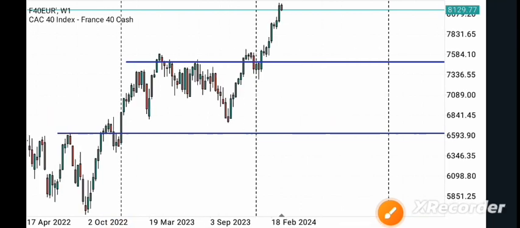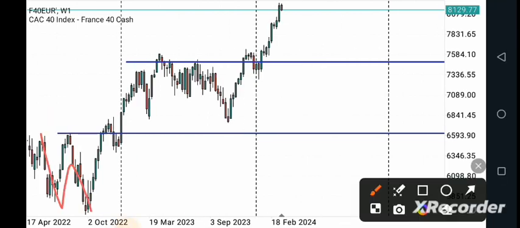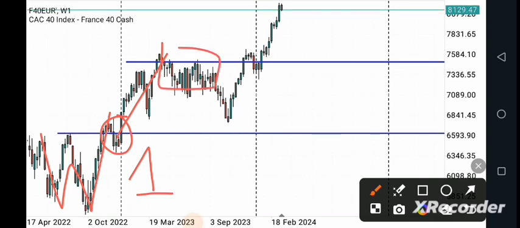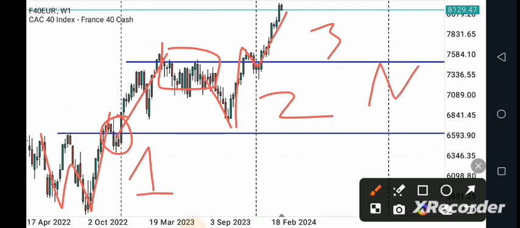So the market gave us a W structure, and level 1 rise, and then moved sideways here, and then we got level 2 rise, and then price moved sideways and gave us an extra stop hunt to the bottom, and then we got level 3 rise, which is over here. This would be level 2, and after level 3, as I said, we want to see price giving us this